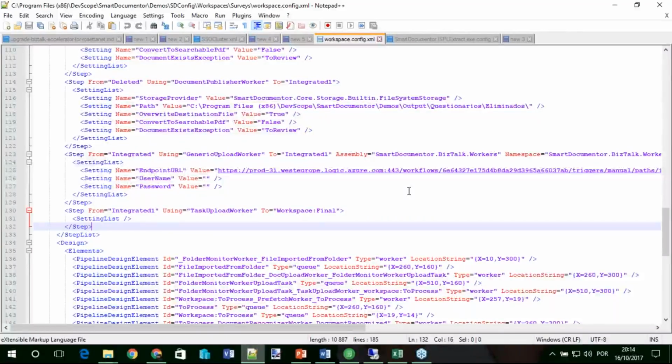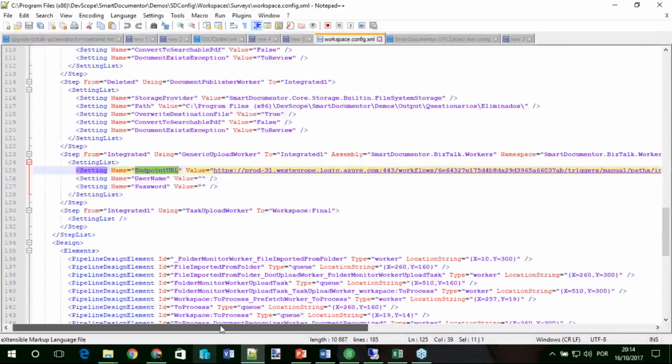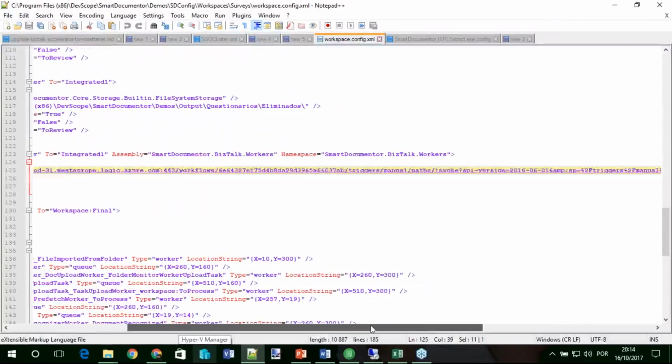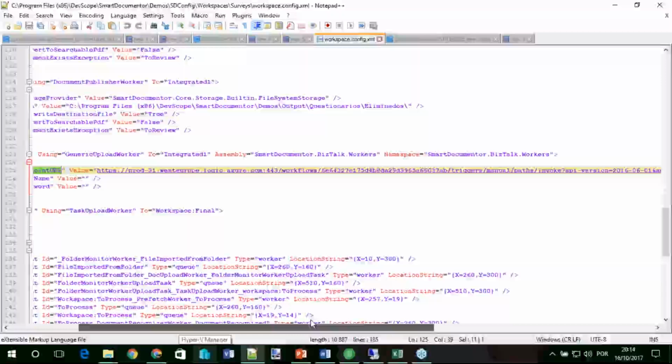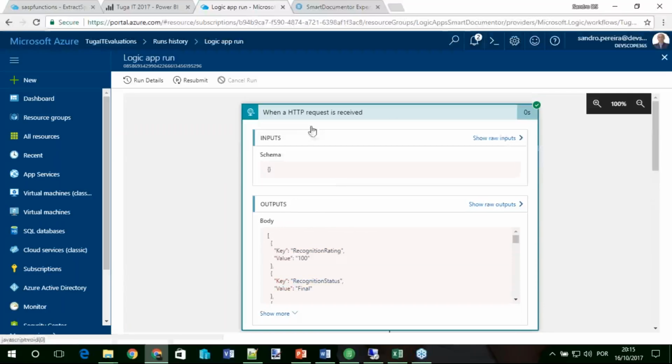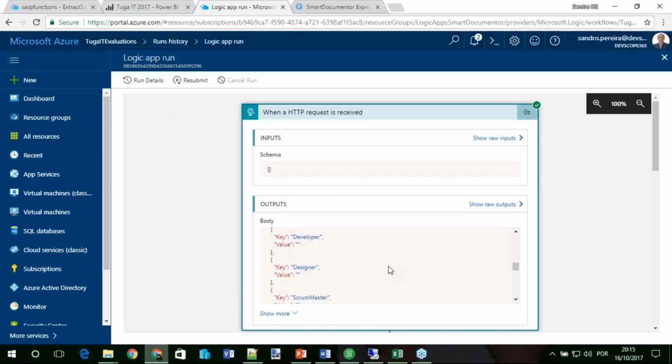We have the HTTP shape where you set up the URL, that is my Logic App URL, and this will send a JSON message. The JSON message will look more or less like this. It is a key value message that is being passed to a Logic App.